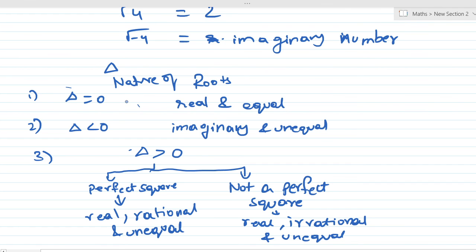Remember this nature of the roots, and if you don't remember anything which I said above, it is fine. You will get the options. You just substitute the options in the equation that was given in the question, and the option which satisfies the equation will be your answer. So one thing is you substitute all the options and find the value of x and y, and you remember this nature of roots. You can easily solve each and every question of equations.